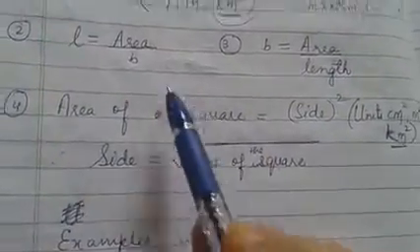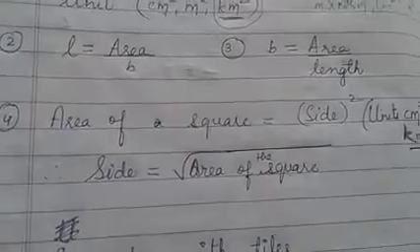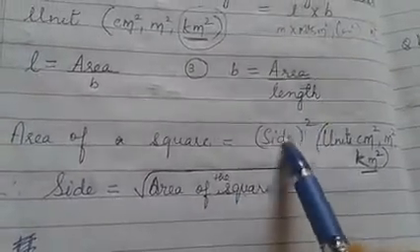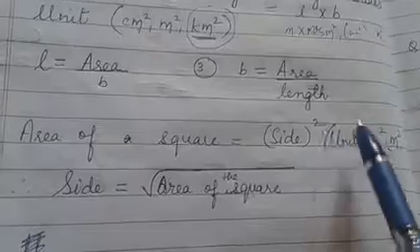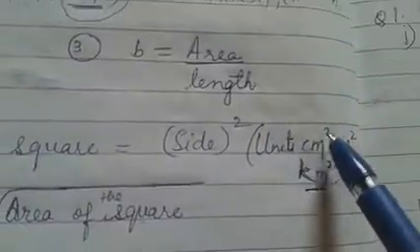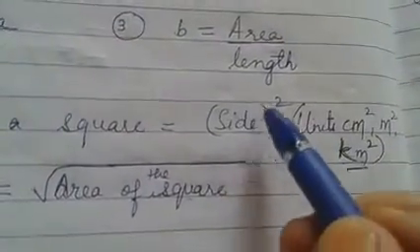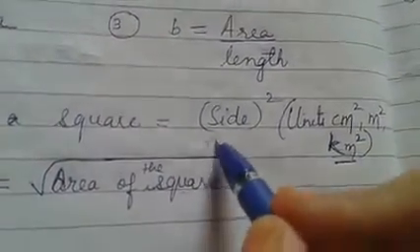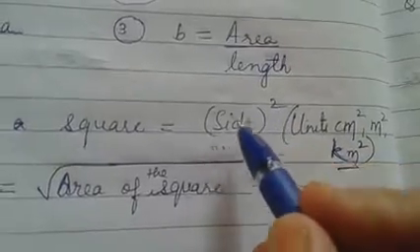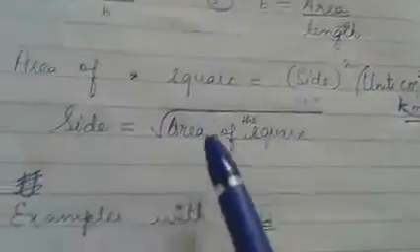Okay. Now we have seen the rectangle. Let's see the square. The area of a square is side square. Side square means side into side, side multiplied by side. So its unit is also centimeter square, meter square, and rarely kilometer square. Now you will ask how? Because side is measured in meters. Side square means side into side, so meter into meter, m square. So it is the same with rectangle and square.